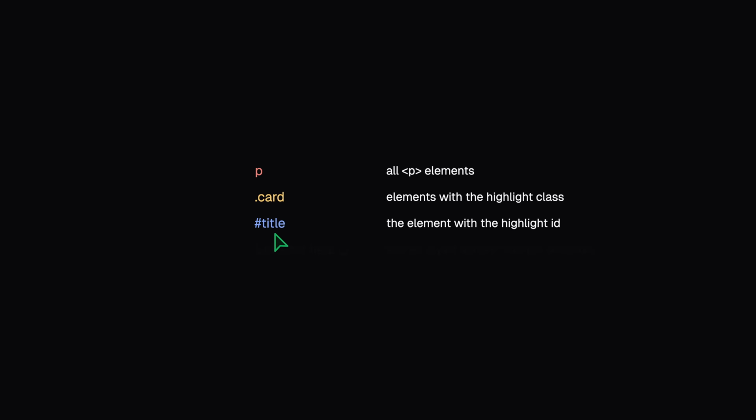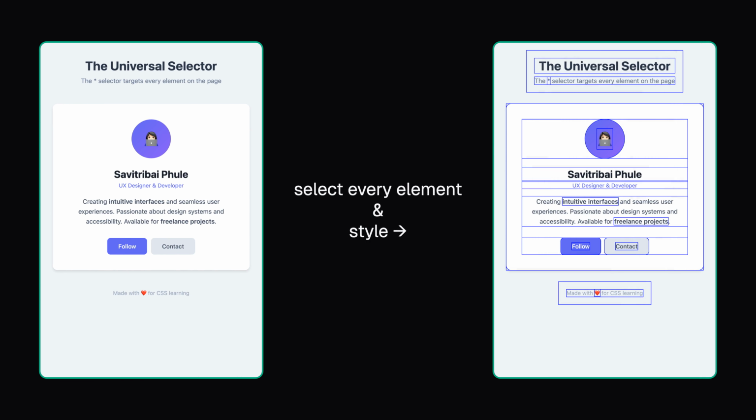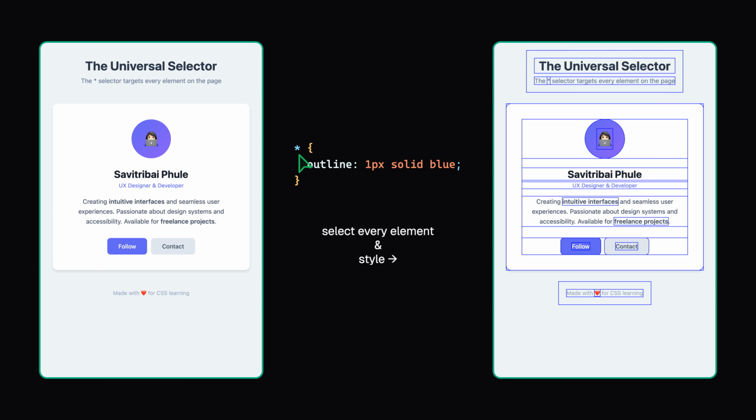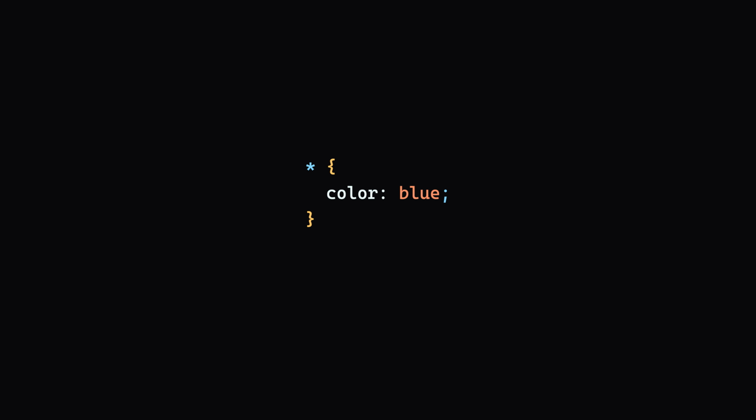So far, we have learned how to select specific elements, group of elements using classes, unique elements with IDs, and how to group multiple selectors using selector lists. But what if you want to select every element on your web page at once? That's where the Universal Selector comes in. It's written with just a star symbol or the asterisk. So when I write this rule, it's like telling the browser, hey, select every element type and make them all